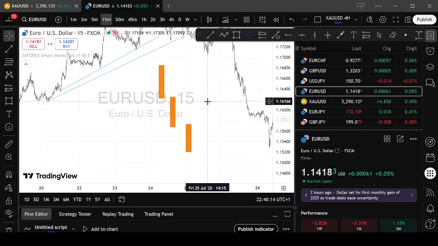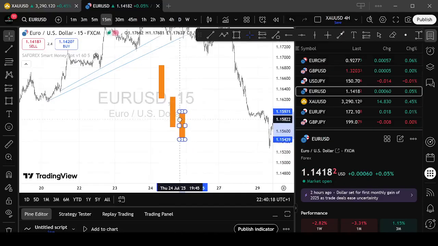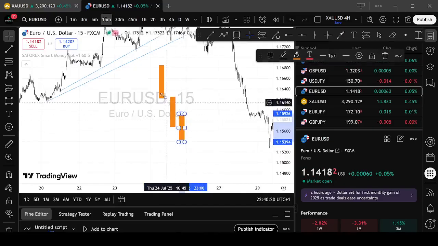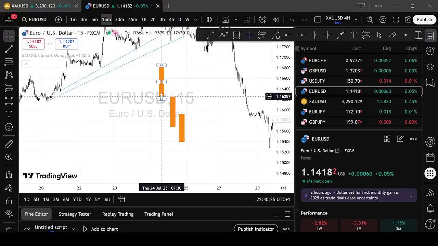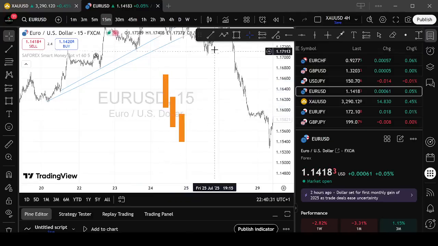Now, normally for every price delivery, the wick of this candle is supposed to touch the next one. The price is not supposed to have any gap between them. But now that you are seeing a gap between them like this,